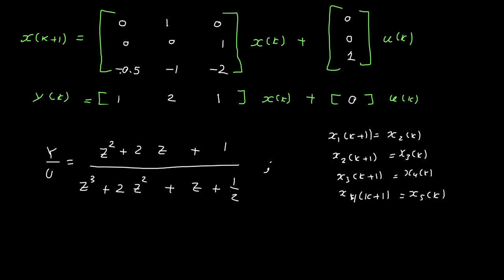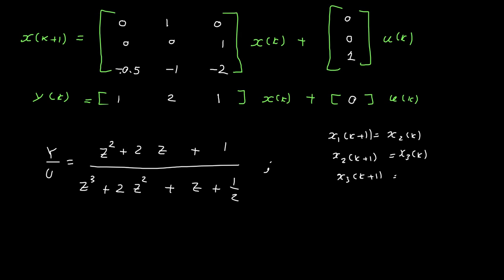So finally x5 of k plus 1 will be a function of x1, x2, x3, and x4 of k. How is it written? Now see. So here starting 0, 1, 0, 0, 0, 1, which is a third order. So the third equation, this one, will be